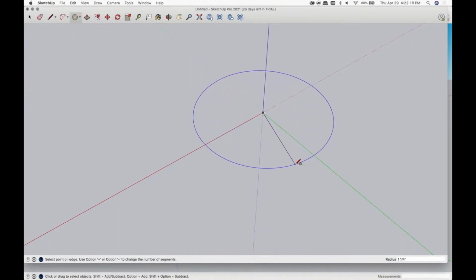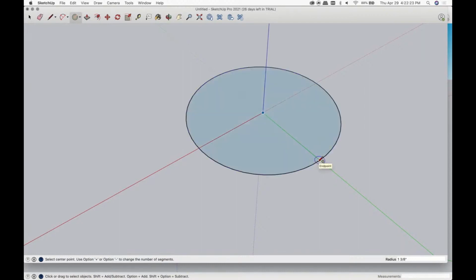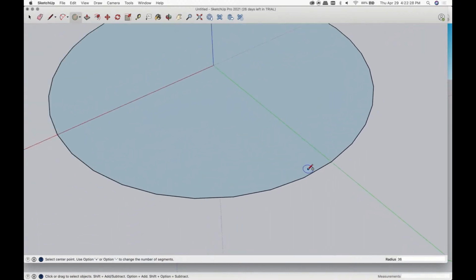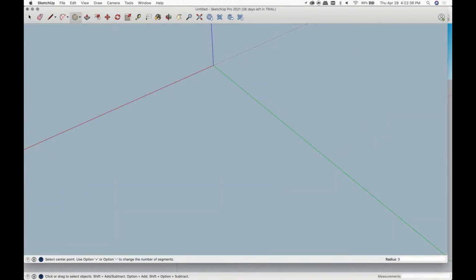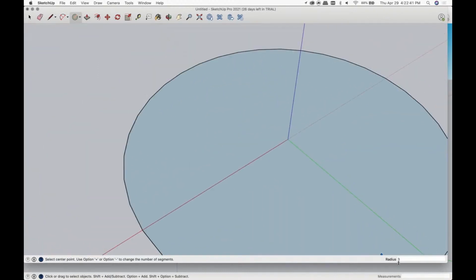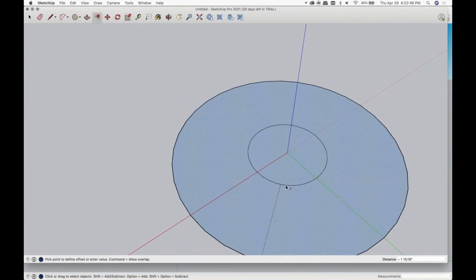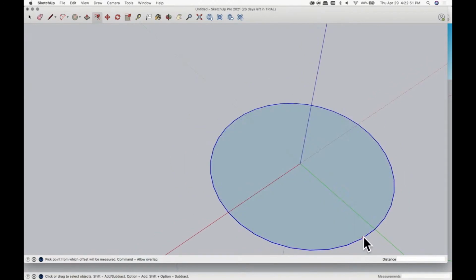And when you look at SketchUp, you're actually looking at segmented rings. So you can see here I just modified how many are shown. This is not a circle. This is a bunch of little lines. And you can see here how the radius says 36. You can lower that, or you can make it bigger by hitting Option plus, and that will actually make more segments versus not. So if I delete this shape,